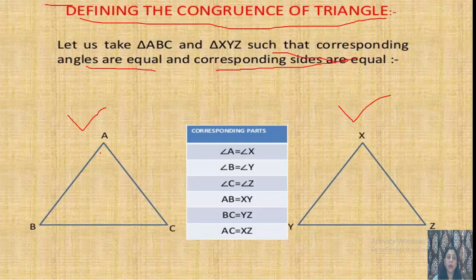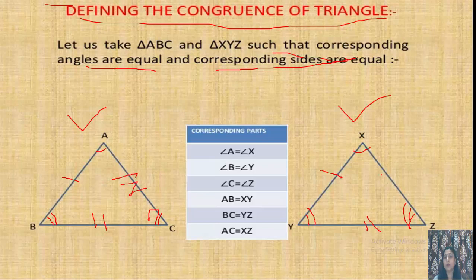Corresponding angle means this angle A is equal to angle X. This angle B is equal to angle Y, and this angle C is equal to angle Z. A corresponds to X, B corresponds to Y, and C corresponds to Z. In the same way, side AB is equal to XY, side BC is equal to YZ, and side AC is